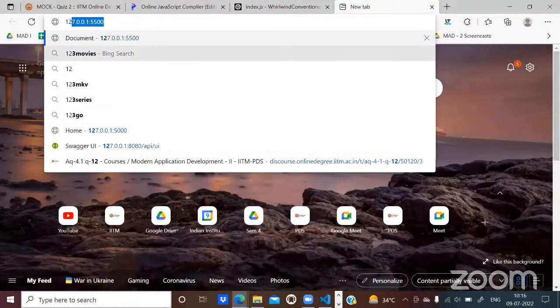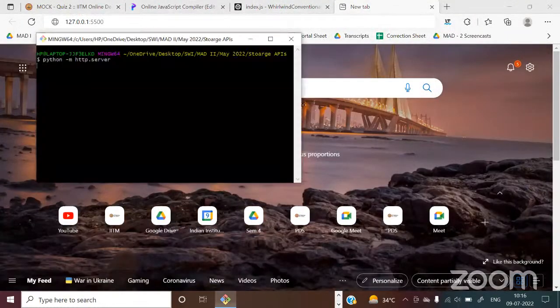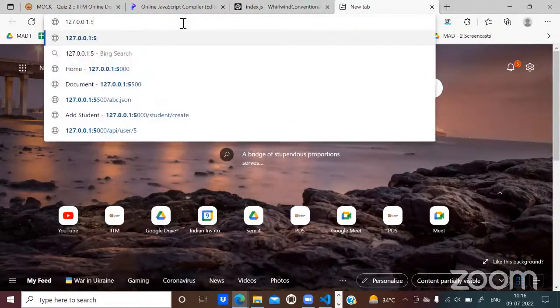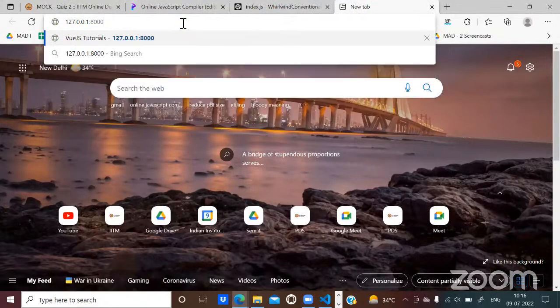The port number is 80. So see, I'm getting the same thing, right? The HTML, that is storage APIs. The domain is same, the protocol is same, just the port number is changed.